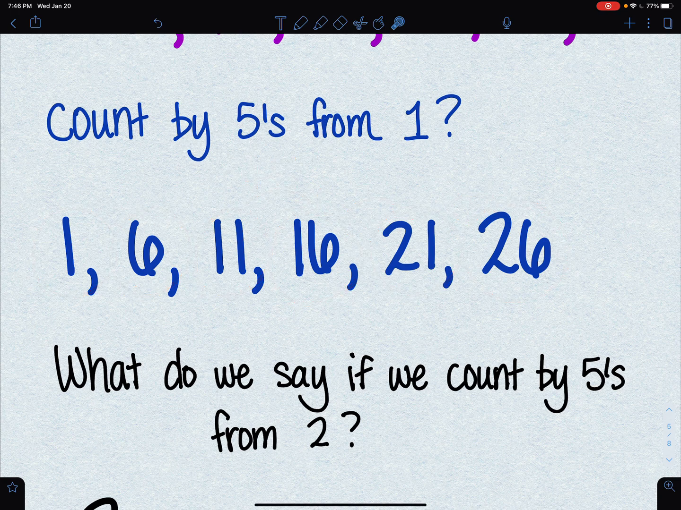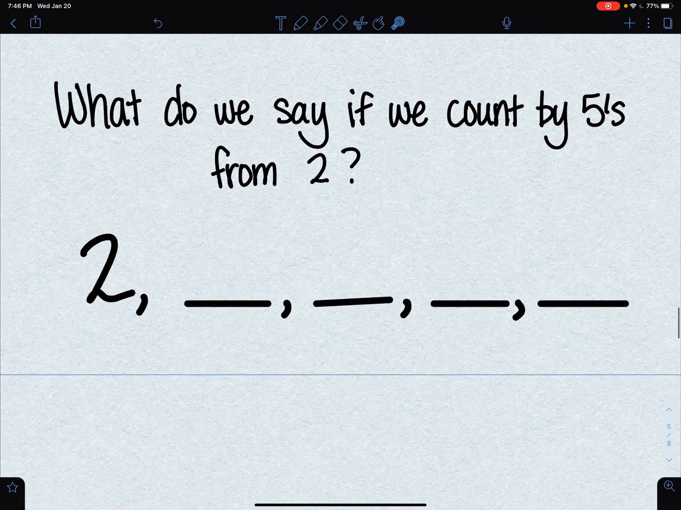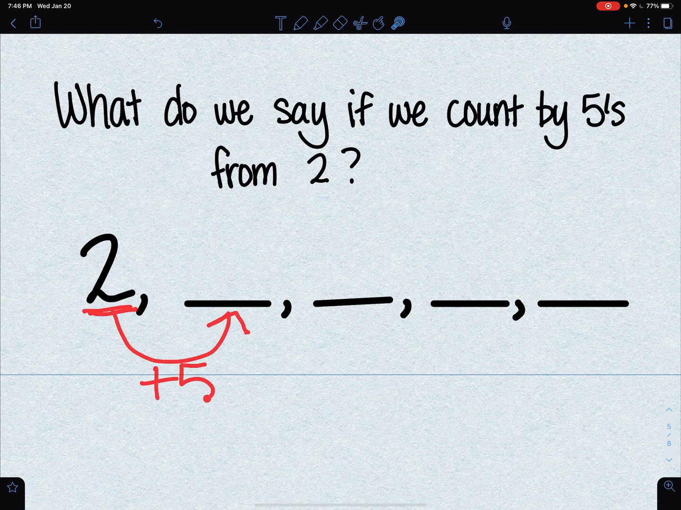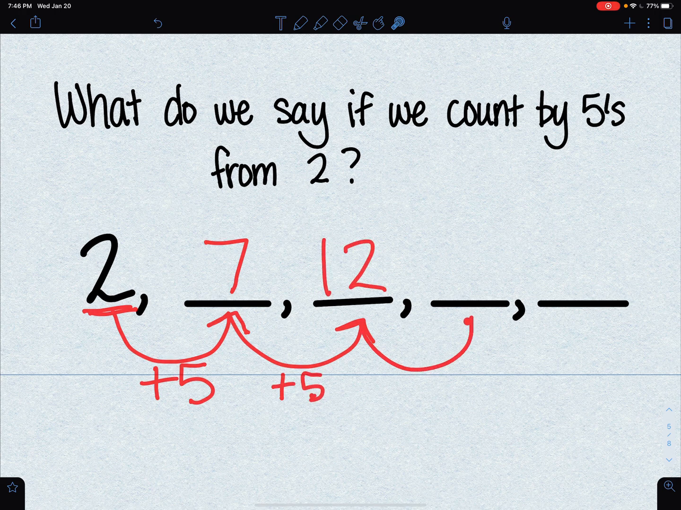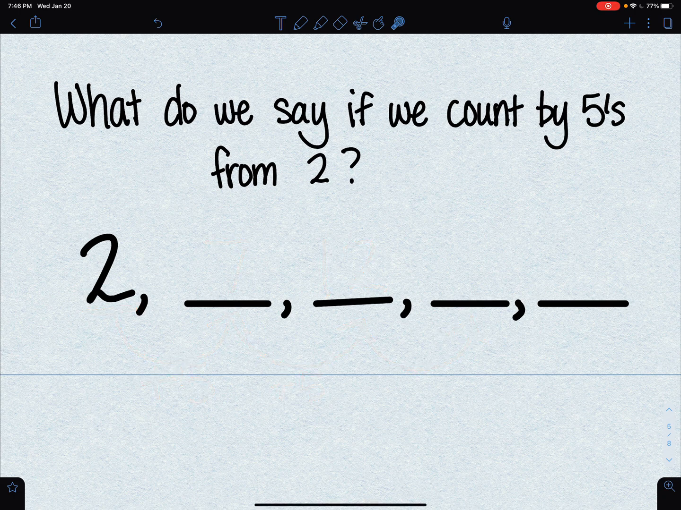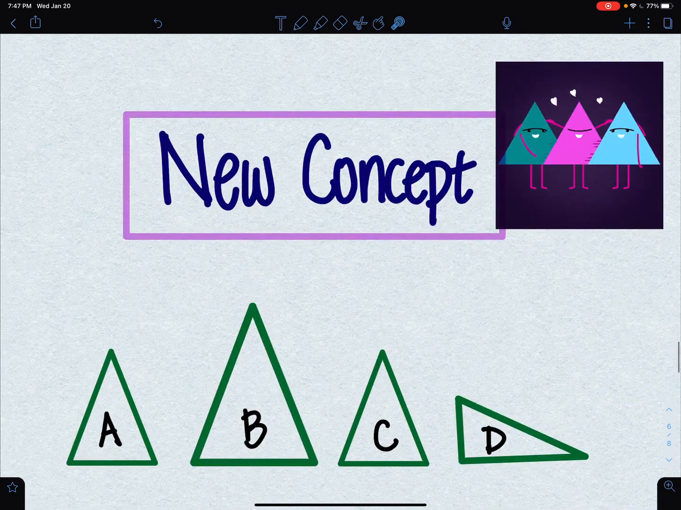26. All right, now their question to you. If you understand that, you'll be able to do it. What do we say if we count by 5s starting from the number 2? So we're going to start with 2. What's the next number going to be? And we're just going to add 5 every time, right? So it's going to be 7. What about the next number? Add 5. What's it going to be? 12. Okay, next one. And you figure out a few more of these, okay? Because I know you can do it. I'll let you pause it there, and when you're ready to come back, we're going to jump into the new